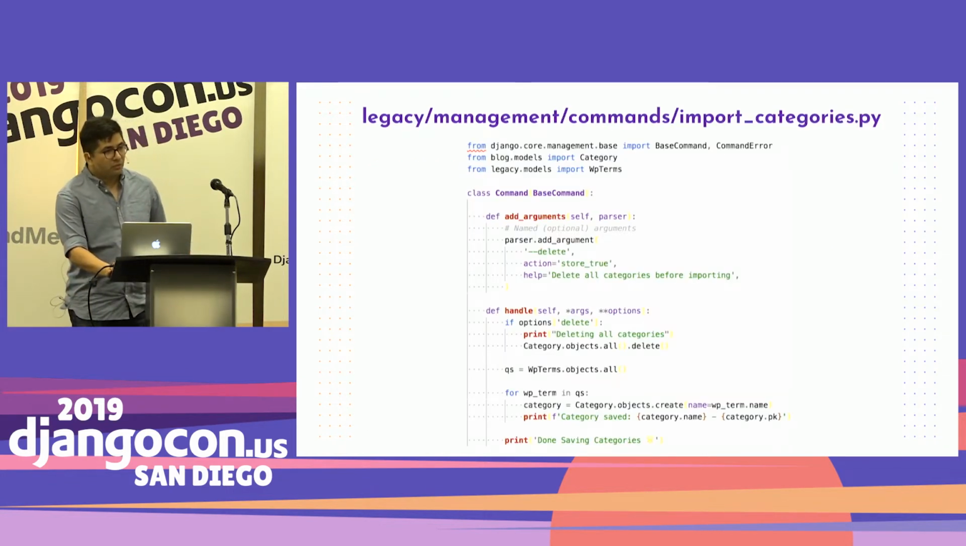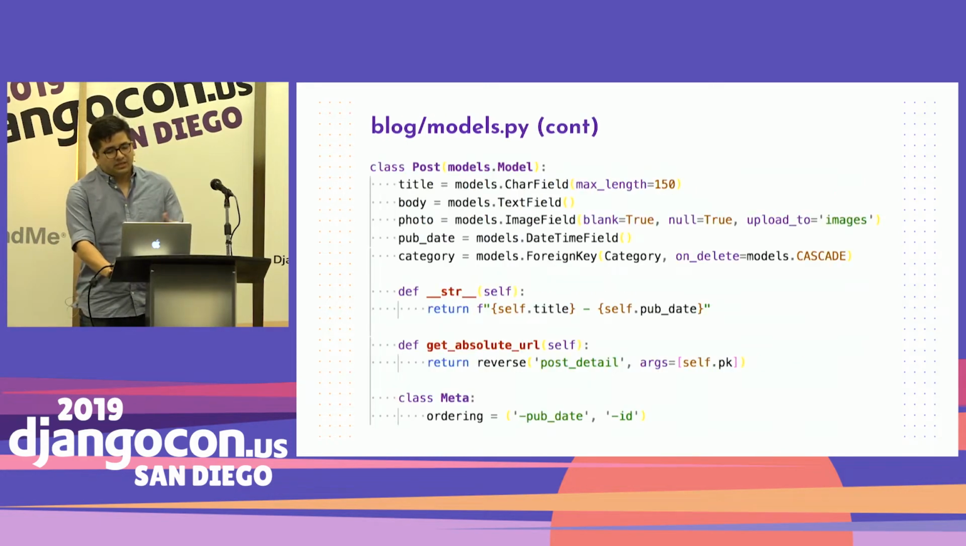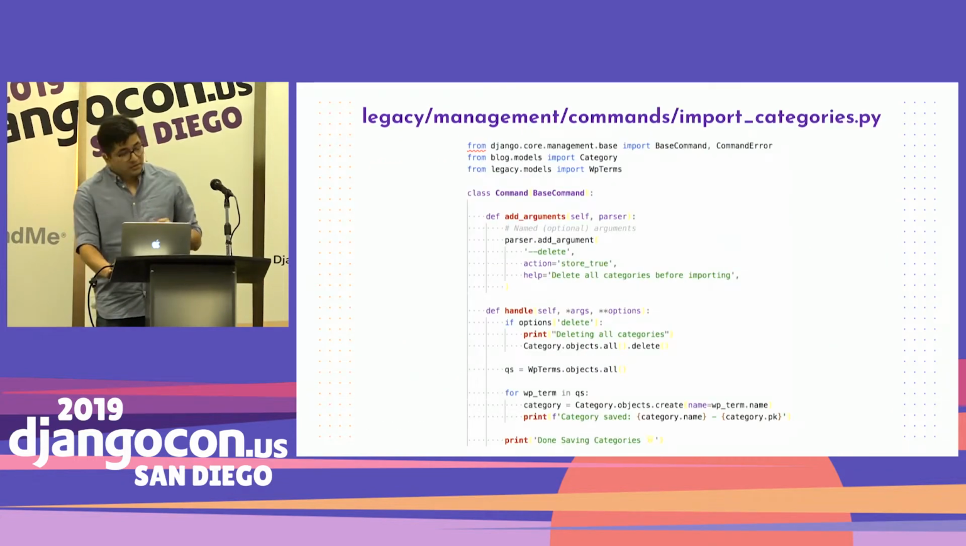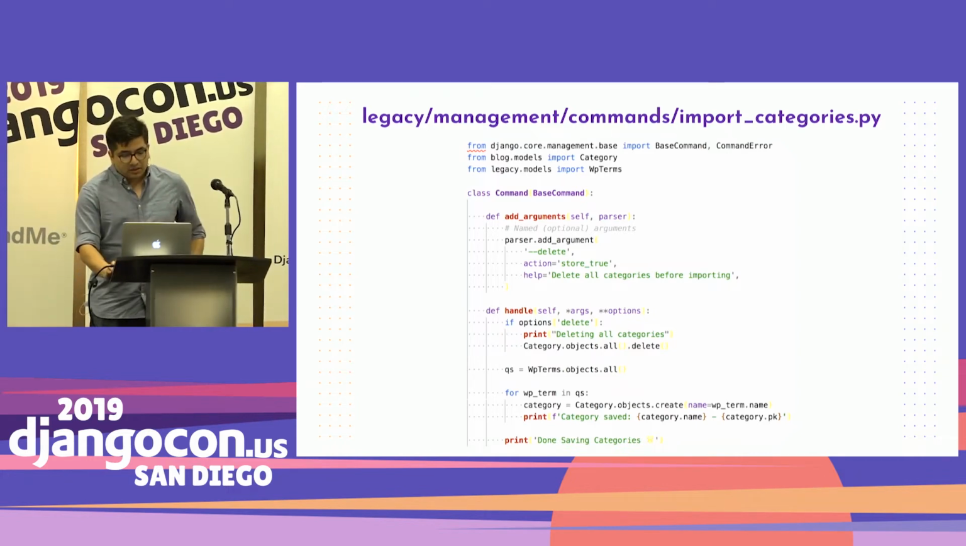Then we start with the model that has fewer relationships. As we saw, category doesn't relate to anything, and it's called by the post. So we cannot start with the post. We have to start with the category. I don't know if you can see it right in the back, but I can make it bigger. So basically,